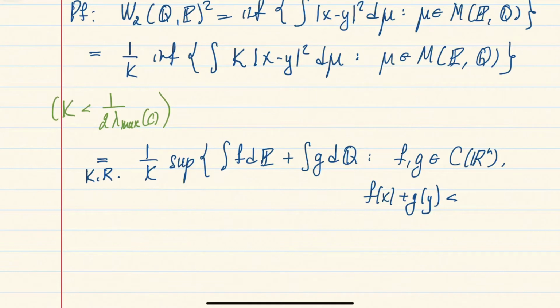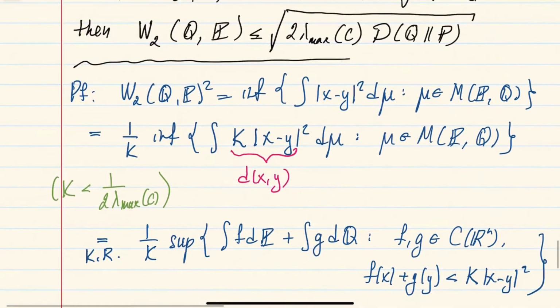And in this particular case, because of this rescaling, this plays the role of d in the proof of the Kantorovich-Rubinstein theorem, right? So here the condition is that this sum is less than k times the distance between x and y squared. So now we have used the Kantorovich-Rubinstein theorem, and so in order to prove this result